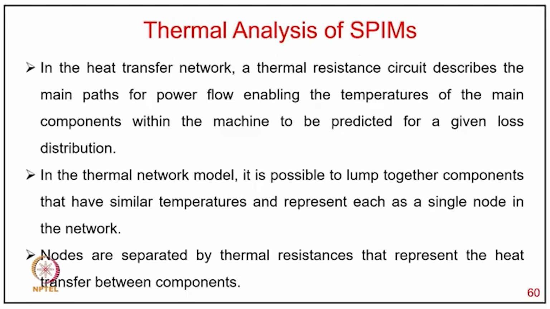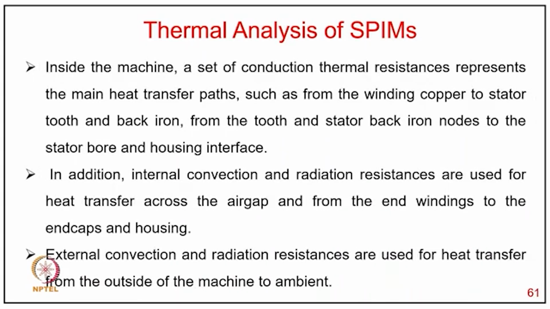In the heat transfer network, a thermal resistance circuit describes the main parts of the power flow, enabling the temperature of the main components within the machine to be predicted for a given loss distribution. In the thermal network model, it is possible to lump together components that have similar temperature and represent each as a single node in the network, and nodes are separated by thermal resistances that represent the heat transfer between the components. Inside the machine, a set of conduction thermal resistances represent the main heat transfer paths, such as